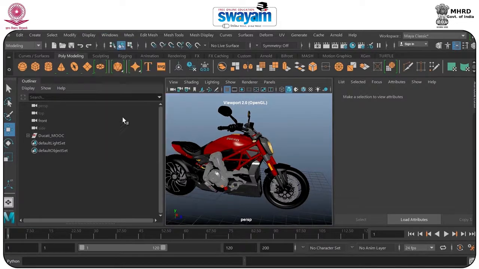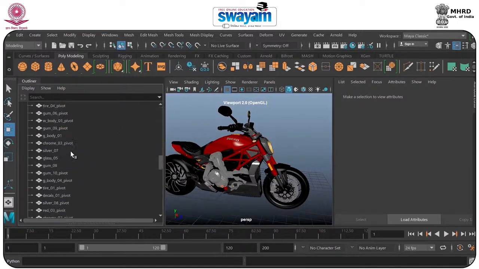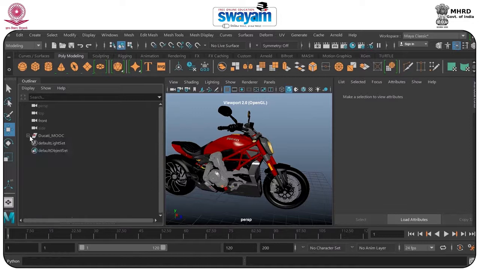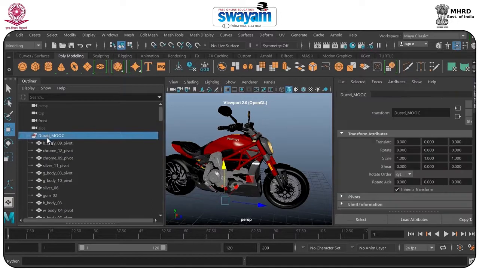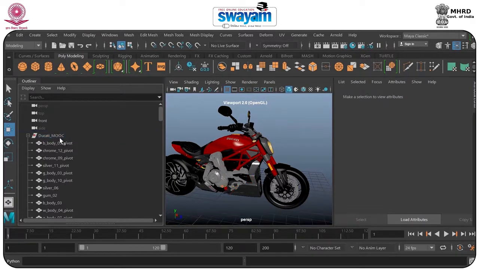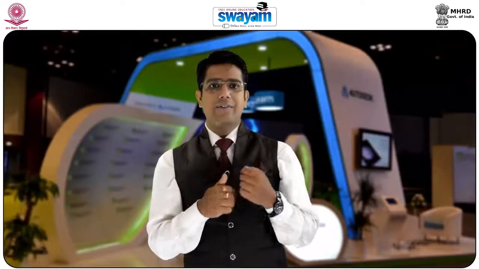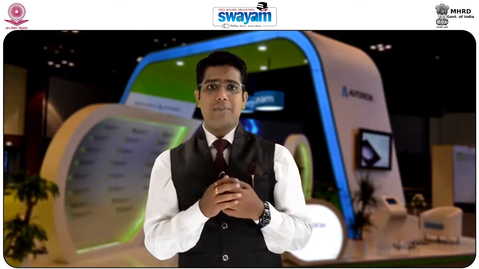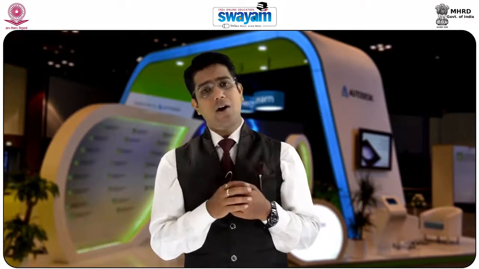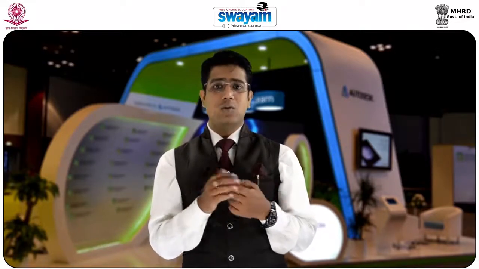Grouping and parenting. To access grouping and parenting, go to Window, Outliner to view the list of everything in our scene, including objects, cameras, lights, and so on. You can click on the items to rename them from the outliner. If you click on the plus symbol next to an object, you can see the shape node associated